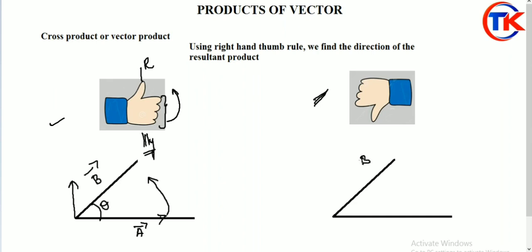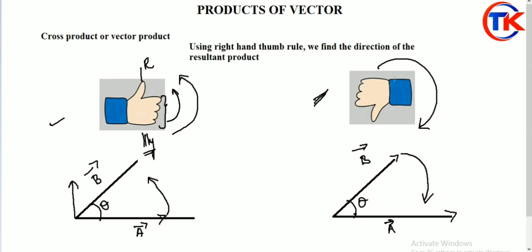Now see this diagram, second case. So this is b vector, this is a, right? It has an angle of theta. The angle between a vector and b vector is theta. Now if I move the B vector towards A, see the curl finger. The curl finger indicates the direction of B vector. The curl finger shows the clockwise direction, like this. Here the curl finger shows the anti-clockwise direction. So the curl finger indicates the direction of B vector. B vector moves from its initial position towards A vector.